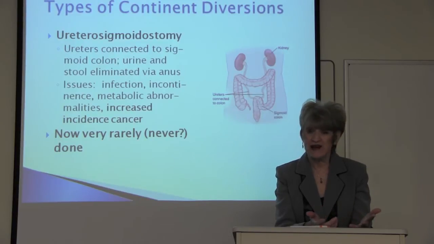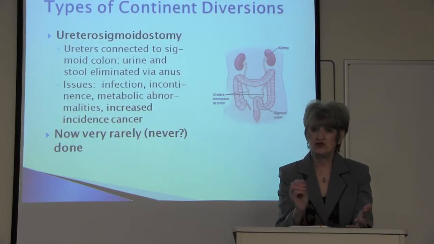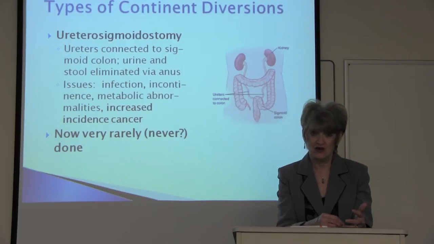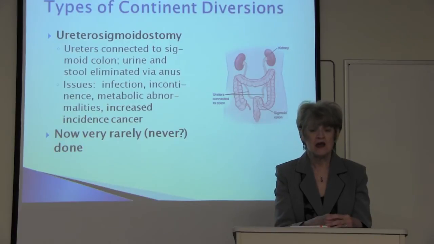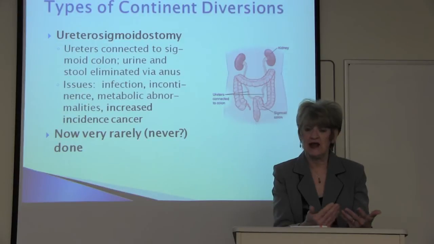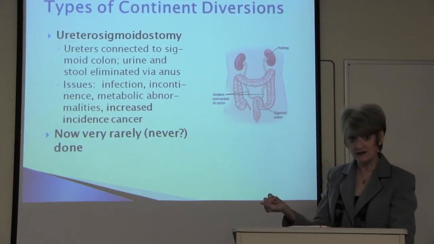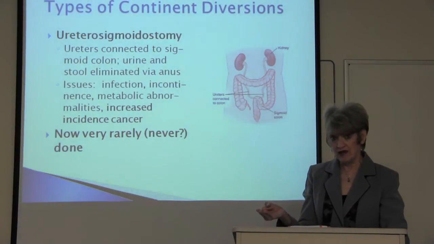Third big issue is, what about incontinence? If you dump 2 liters of urine into the rectosigmoid every day, look what that does to your output. It's like having chronic diarrhea. So patients sometimes complained of diarrhea. That's exactly what happened to our patient who had that done. After 1 year, he came back and demanded an ileal conduit because he said he had had nonstop problems with control, with incontinence. He had not been able to go back to work. He had not gone back to church. He wasn't doing anything. So incontinence, infection, metabolic issues,